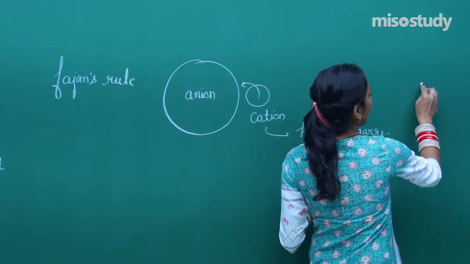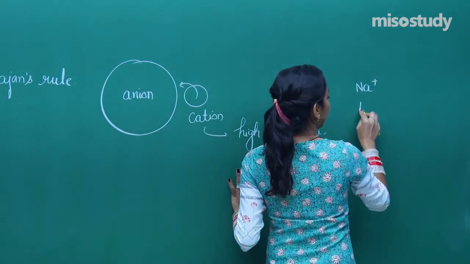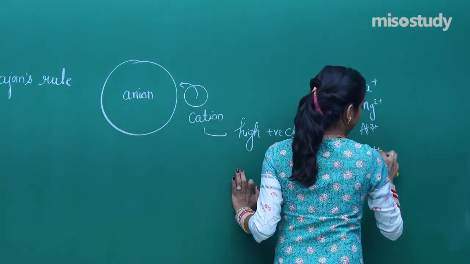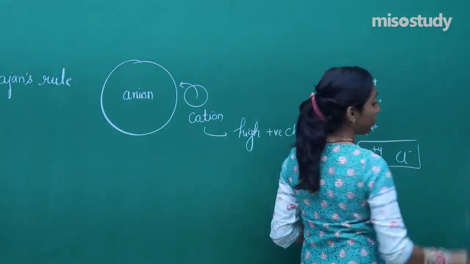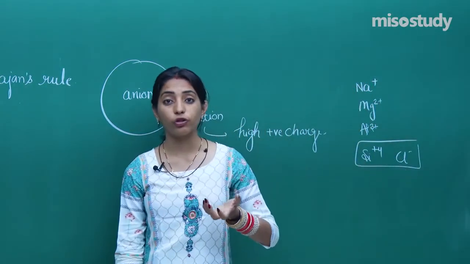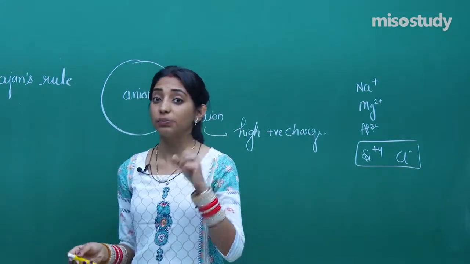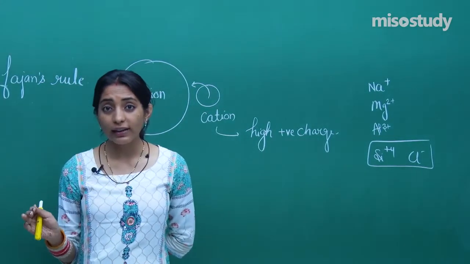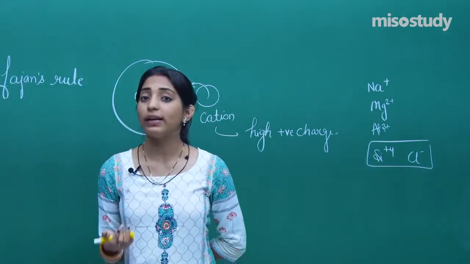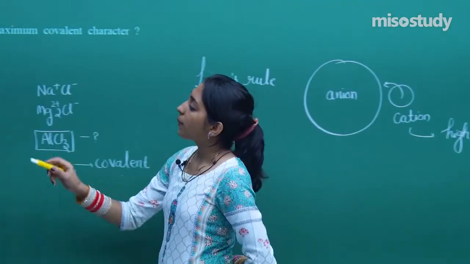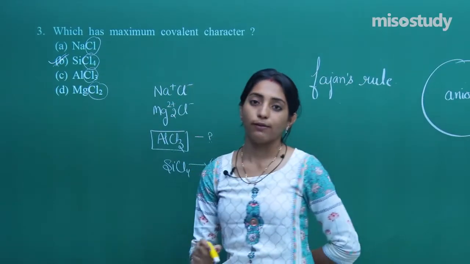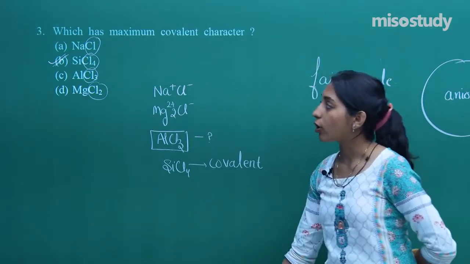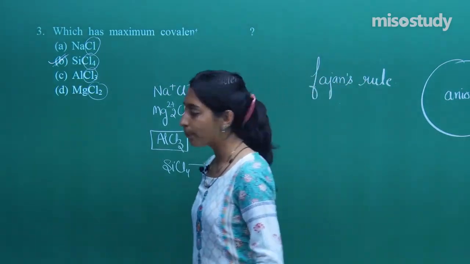Now see, in the case of Na plus, charge is +1. In case of Mg, charge is 2 plus. Aluminium 3 plus. But silicon, if you consider SiCl4 to be perfectly ionic, then silicon will have +4 charge. Because of the +4 charge and smaller size of silicon, it will easily push the electronic cloud of chlorine to one particular direction, thereby introducing lots of covalent character in the molecule, and thus giving maximum covalent character in SiCl4. Okay. So this was again one easy question from the topic Fajans rule, which I think is very clear.